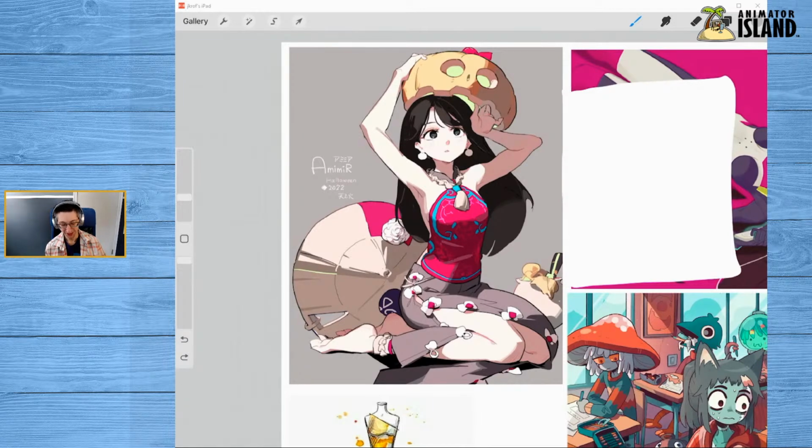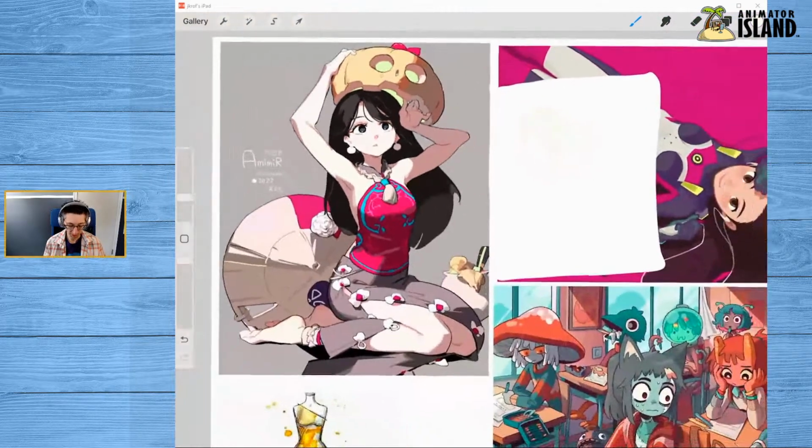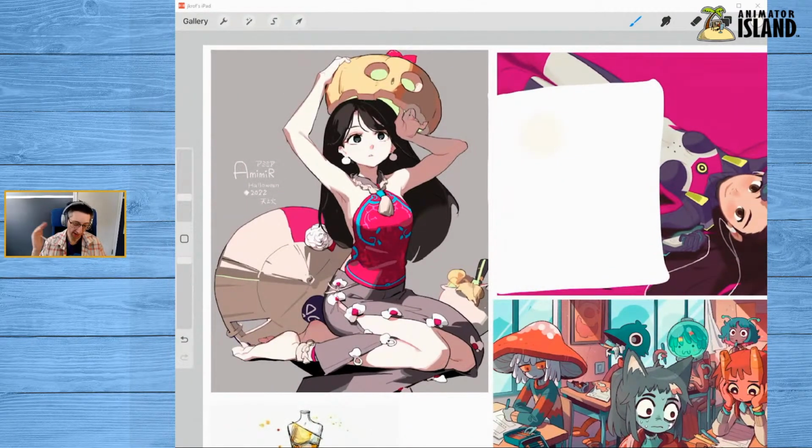Okay, so continuing along with this piece, let's look at the skin tone next. The skin tone, which when we put against white is almost invisible. It's pretty hard to see when we've just color picked the skin tone, which is interesting because it doesn't necessarily read as pure white when we have it next to this warm gray and have these shadow colors. It feels very skin tone like, but boy, it's hardly skin tone like when you really color pick it and you zoom out or you put it against pure white.